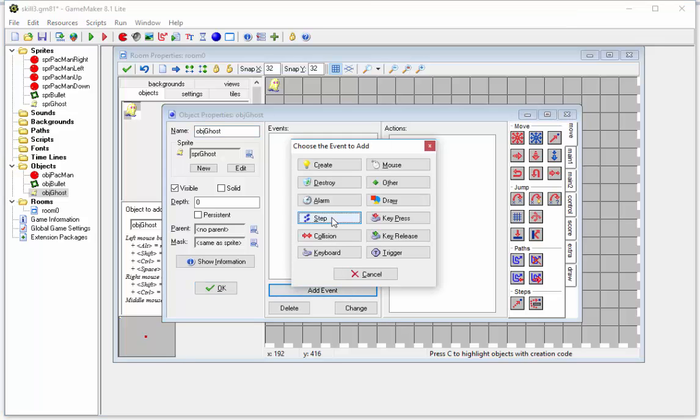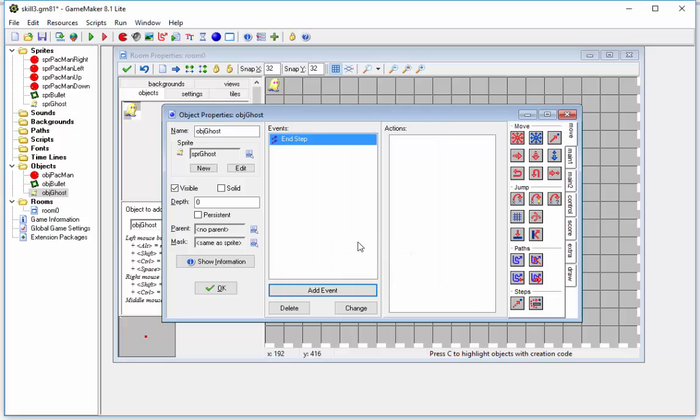You can see that there's a step event, and as I mentioned earlier, there is begin step, step, and end step. Begin step is before each step is taken in the game. Step will be any time during the step, and the end step is after all other objects have moved or been updated within the step that we're on at the moment, and it happens at the end. So let's use the end step, and what we're going to do is step toward,